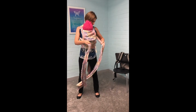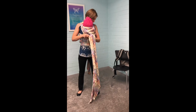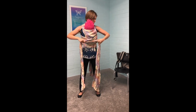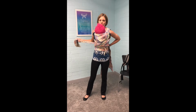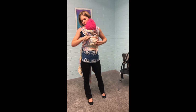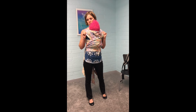And then you basically can cross the panels over, and you can make them look really nice, or you can just kind of wrap them solidly this way. But I liked this one a lot because I had the structure of the body with it, so that way I can still have the pretty wrap straps and then still have the structure of the body. But this is, with the woven ones, you can even